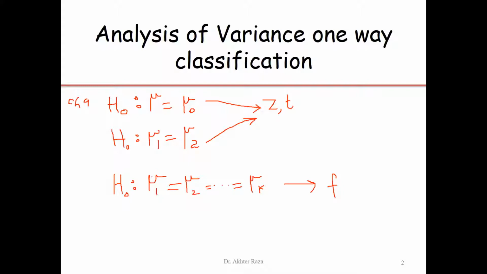If we have different groups in the company, like people working in the finance department, HR department, computer department, IT department, and we want to compare whether the average salary in all departments of a company is the same or not, this is the situation where we have to apply one-way ANOVA. ANOVA stands for analysis of variance. So we are going to compare the multiple means by analyzing the variance. This is the actual purpose.